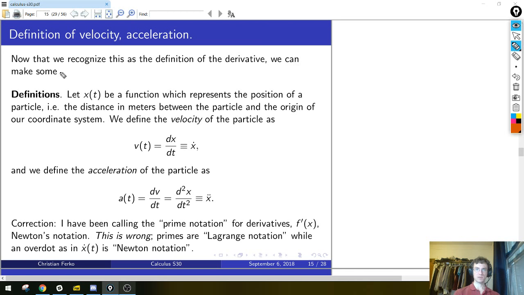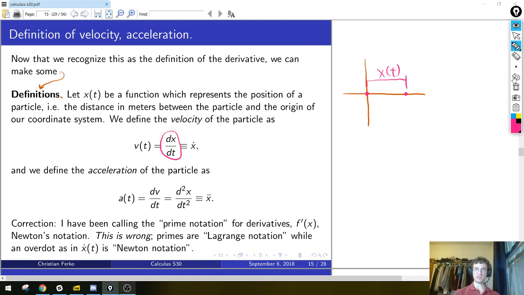So we're going to make some definitions. I love when math books do this, because it looks like you forgot the end of the sentence, but the sentence actually finishes here. So we can make some definitions. If x of t is the function which represents the position of a particle, and to be very precise, what I mean by position is that you set up some origin of your coordinate system, and then the position is the distance in meters or some other unit you like, the distance between the particle and the origin of your coordinate system at a given time. That's x of t. The definition of the velocity, v of t, is the time derivative of x of t,